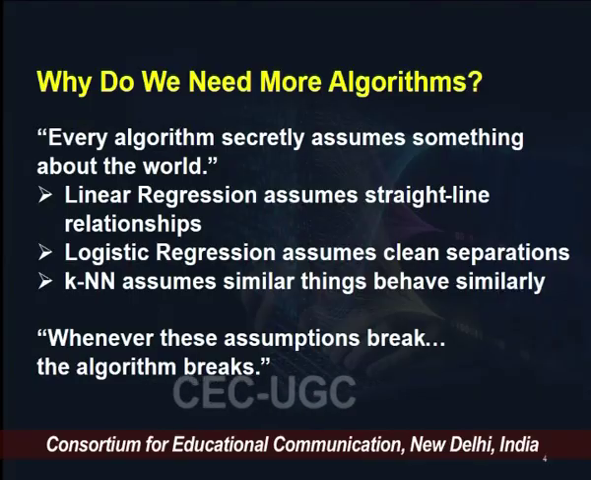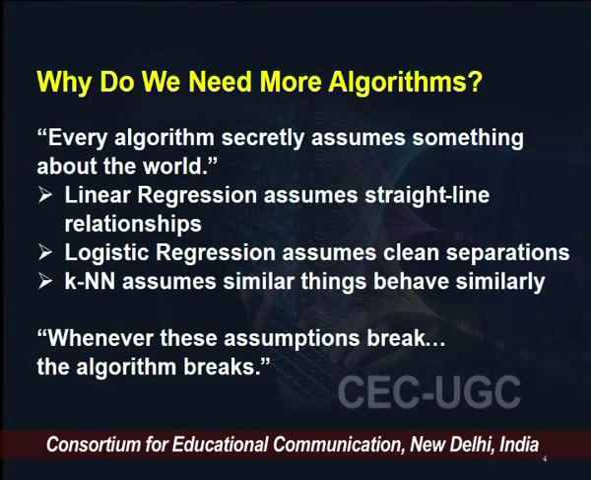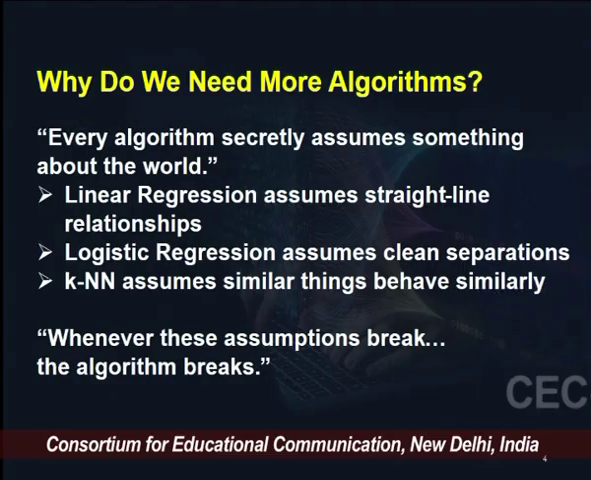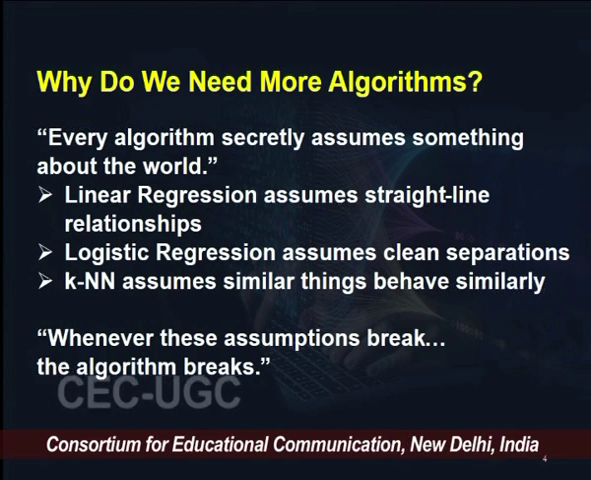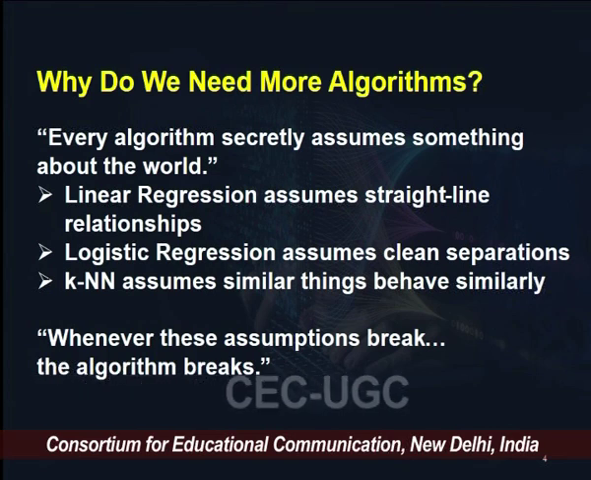Every algorithm actually secretly assumes something about the world, each and every algorithm, right? Linear regression, for example, assumes straight line relationships, as we saw. Logistic regression, on the other hand, assumes clean separations. For example, KNN assumes that similar things behave similarly. So, whenever these assumptions break, the algorithms actually break, and therefore, there is a need